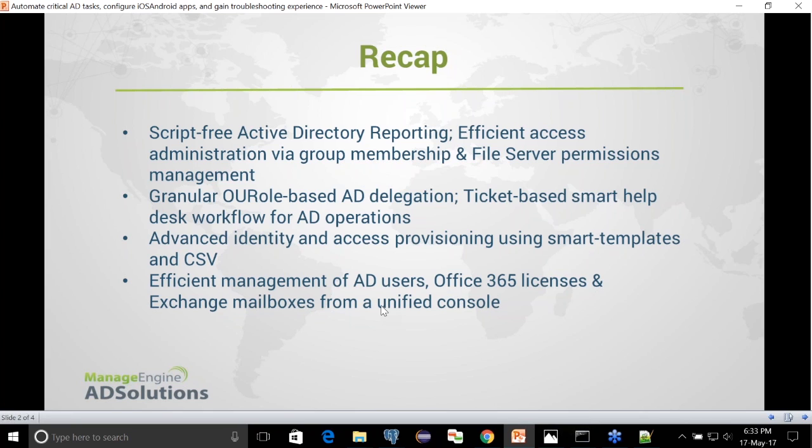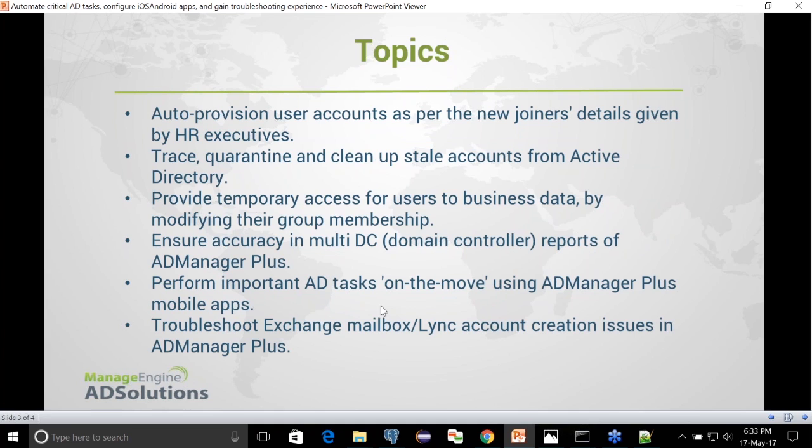In the next week, we saw user provisioning techniques with the help of templates and a CSV file. You don't have to fill in the mandatory values or the basic values for all the attributes again and again. You just create a template, which is a one-time process, and then you create the user accounts with the help of a CSV file. And in the previous week, week 4, we saw how you can efficiently manage the existing users in your Active Directory. If you want to perform a bulk password reset or bulk change of any particular attribute, you can perform all that from a single console.